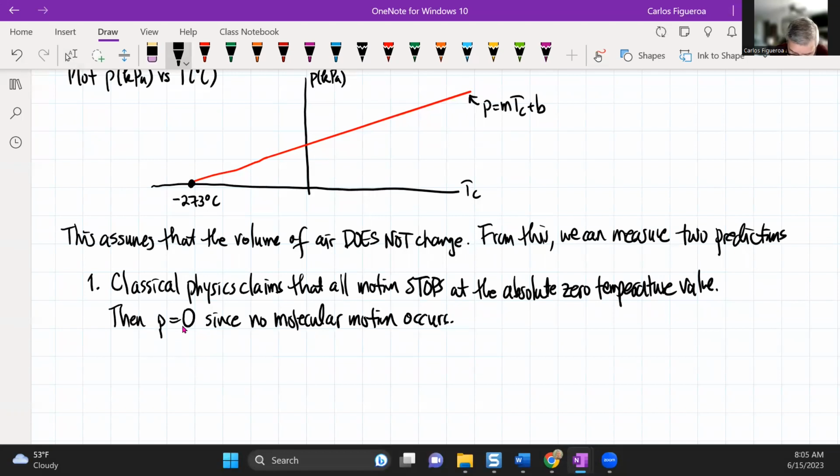So when I look at this, I'm going to see that P is going to be equal to zero. And what we're going to do here is that we're going to extrapolate to that. And again, this just tells us you stop all motion